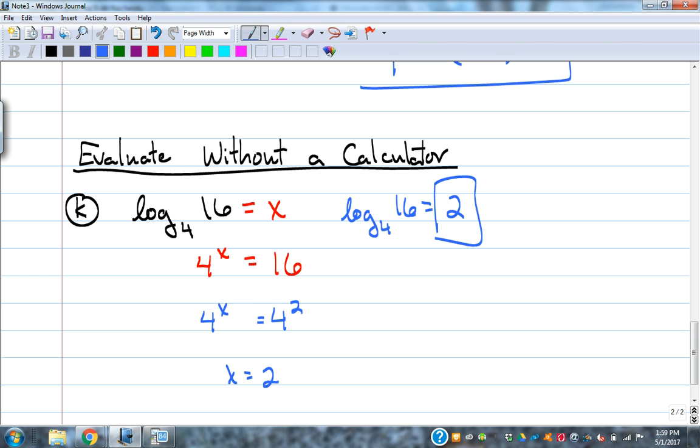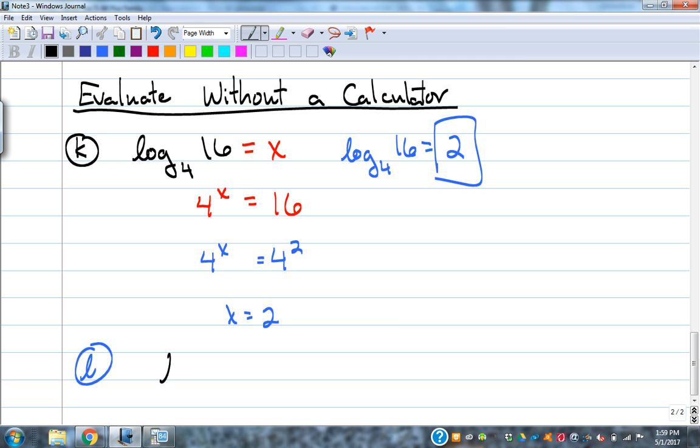That's what we're looking for. We created the equation. They're going to give you a problem. It's not going to be an equation. You're creating the equation by saying, okay, this is equal to something. And then I'm going to use what I know about exponentials and logarithms to work it out. Okay. All right, let's look at